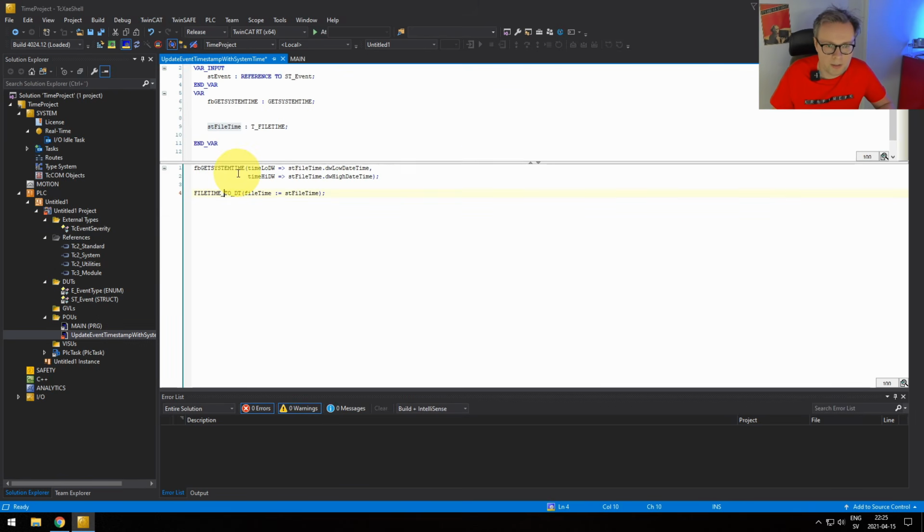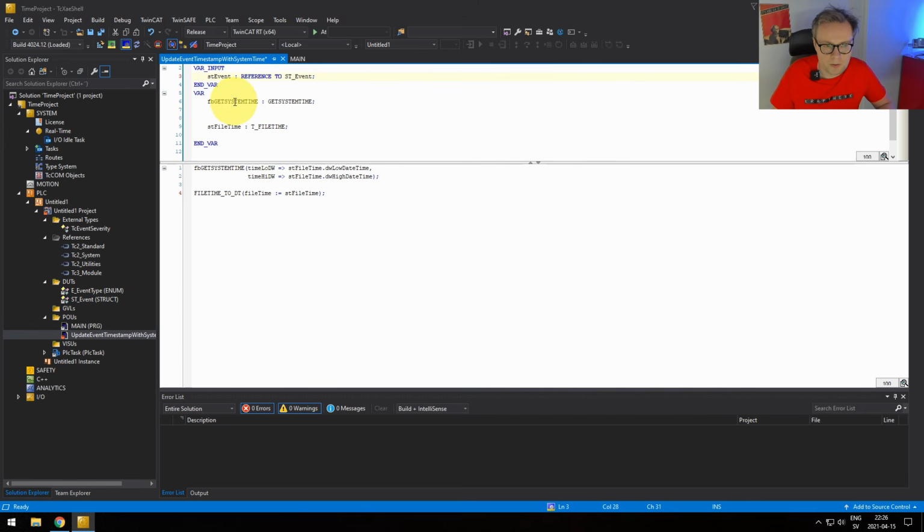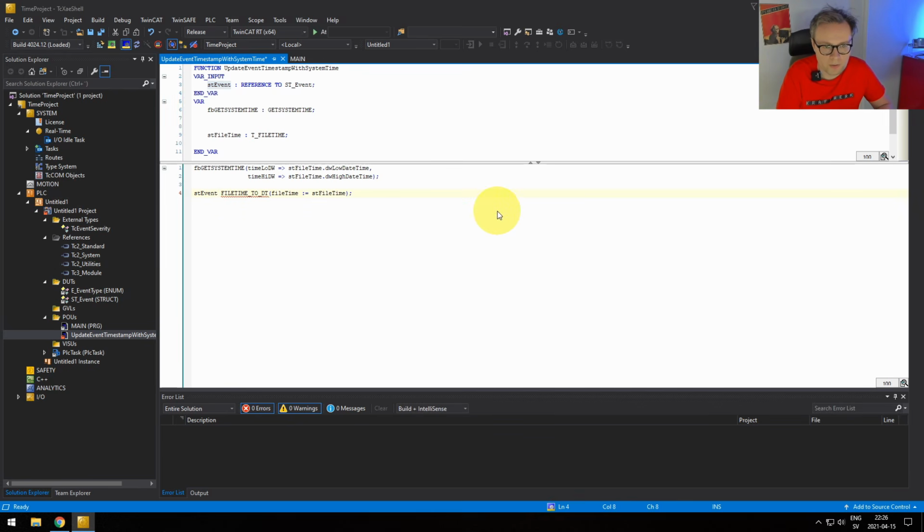Because our date and time was what we had in our own internal structure, you see? So this parameter that we provided by reference, we're going to store it in it. So we're going to do stEvent.dateAndTimeTimestamp equals the return value of this function.